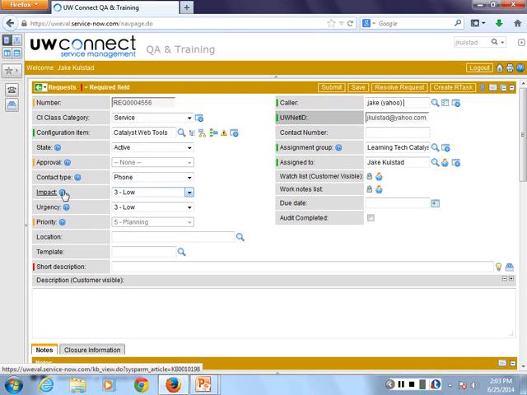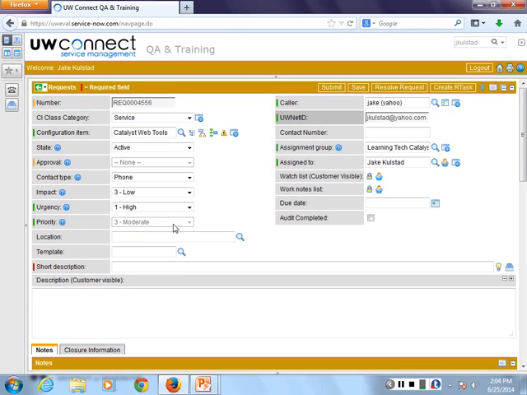So I just want to point out that we have a couple fields that we're asked to fill out whenever we're processing new requests. I'll show you first impact and urgency. Impact is going to be a measure of how many people are impacted or affected by this. For example, if it's a lot of folks, it would be high. A single person would be low. And urgency can be used to determine how much of a VIP someone is, for example. So if Kelly has a request, I would change the urgency to high. We can all think of VIPs in our services.